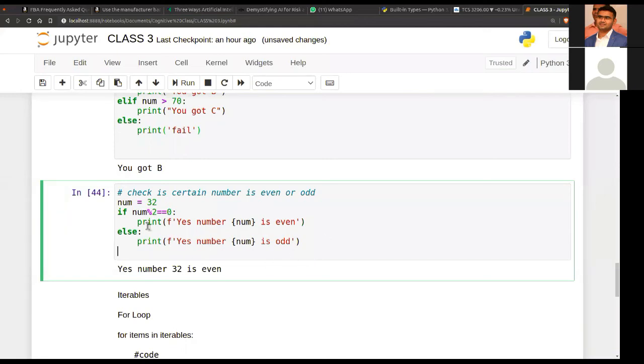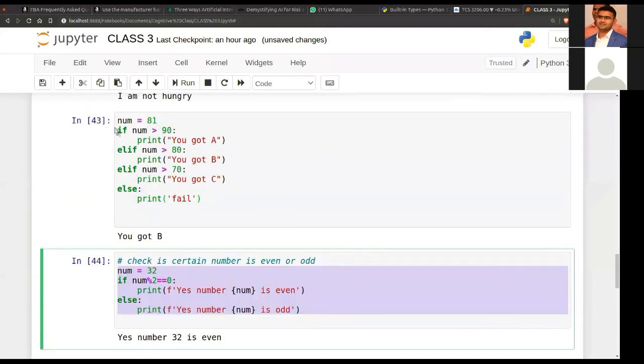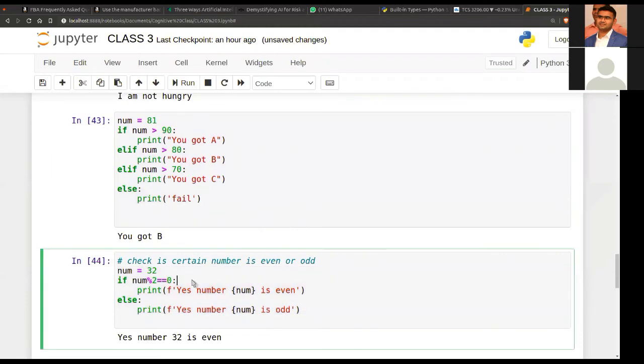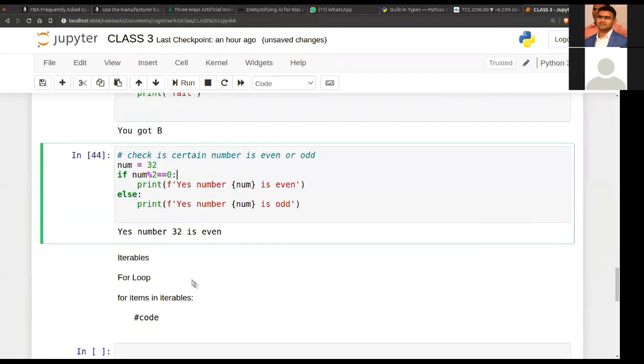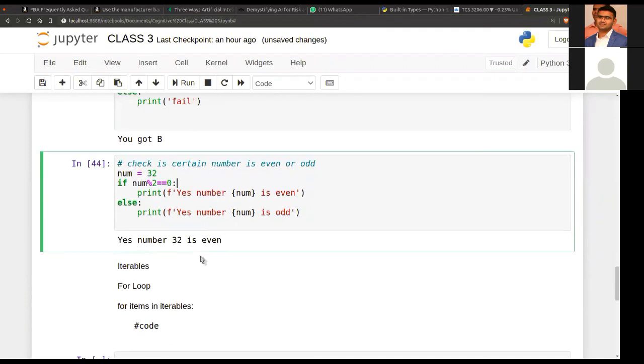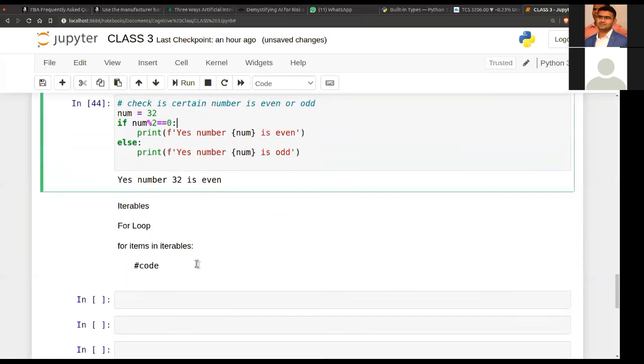So we have created a couple of codes. So you can see how effective this control flow statement is. You have created a couple of logic right now in the very beginning of this course, right? So do we have any question on this? No, all good. Okay, I guess not.